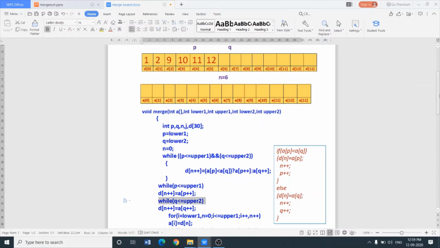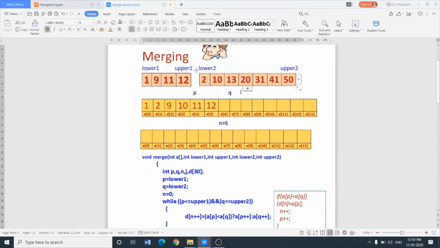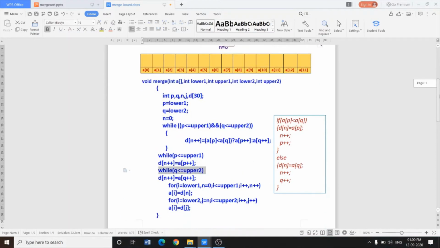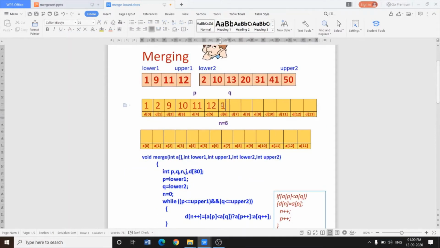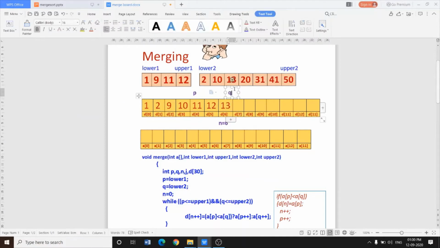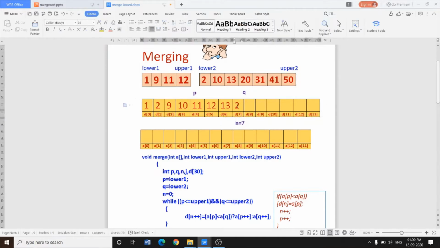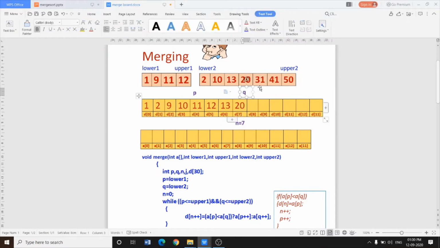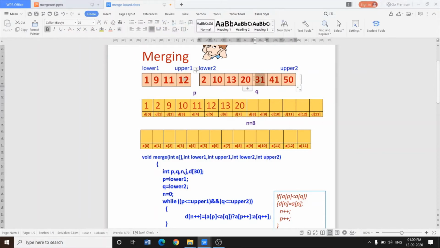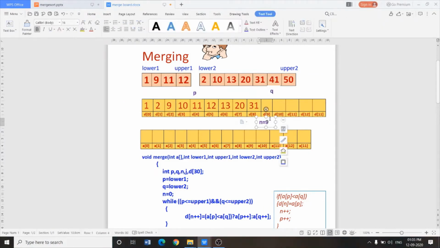So copy all the elements and increase Q, increase N. See here, DN equals to AQ, then increase Q and increase N. So first copy 13, increase Q, increase N. Next copy 20, increase Q, increase N. Next copy 31, increase Q, increase N. N is 9 now.